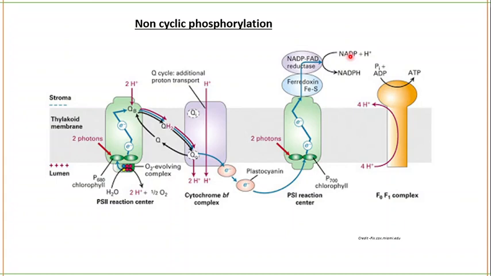For the production of one NADPH, there is the requirement of 2 electrons and protons. Fine. We will have a total of 4 electrons. 2 molecules of water, when split, result in the formation of 4 electrons. So 4 electrons will result in the formation of 2 NADPH. Okay. Is it clear? Everything is clear to you now or not?